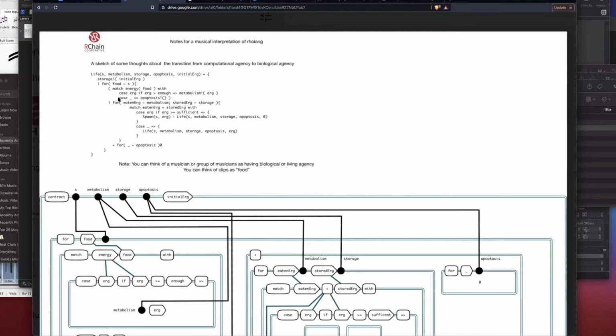And that little process there is running in parallel with a choice process or a select process, one of which is doing a join, and the other which is just looking for a signal on the death or apoptosis channel, right? So there's essentially a race going on here. If we get signal on the apoptosis, we just stop. But if we do get signal on the metabolism and the storage, right? So we've got some energy stored, and we've got some energy on the metabolism channel. Then we combine those two, and if that is sufficient to keep going,